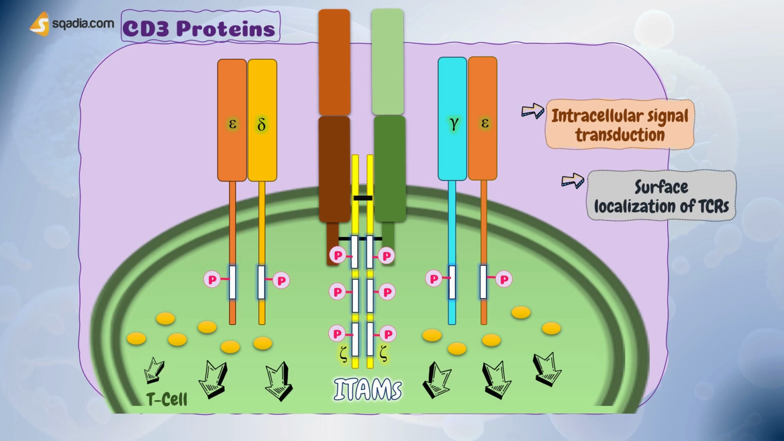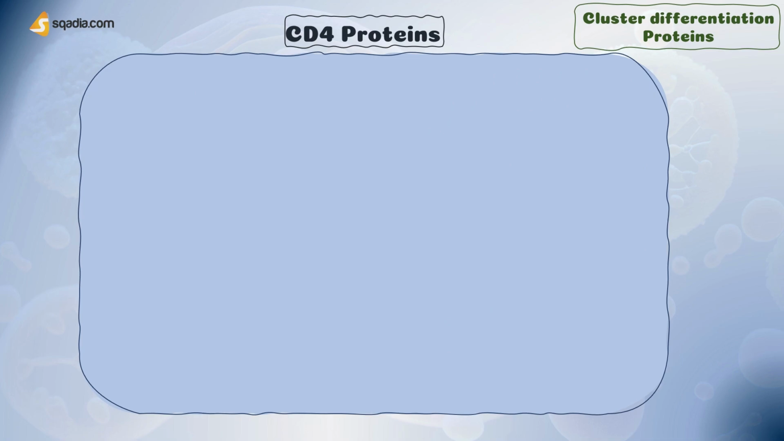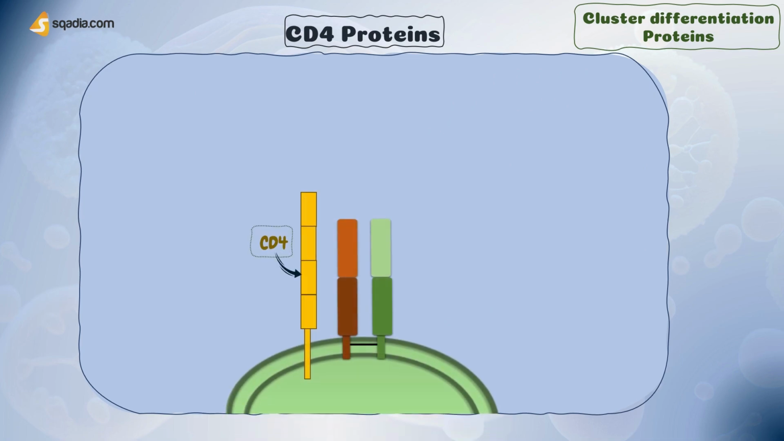So, overall, the CD3 complex serves as a crucial link between the TCR and intracellular signaling pathways, enabling T cells to detect and respond to specific antigens. Now, after the CD3 complex, the next important CD protein is CD4. That is another cluster of differentiation protein, and is expressed predominantly on a particular subset of T lymphocytes, called helper T